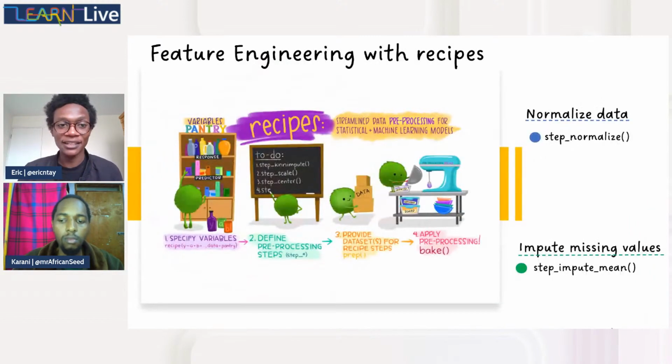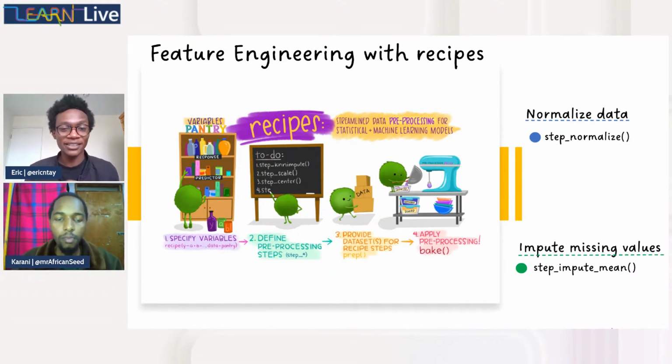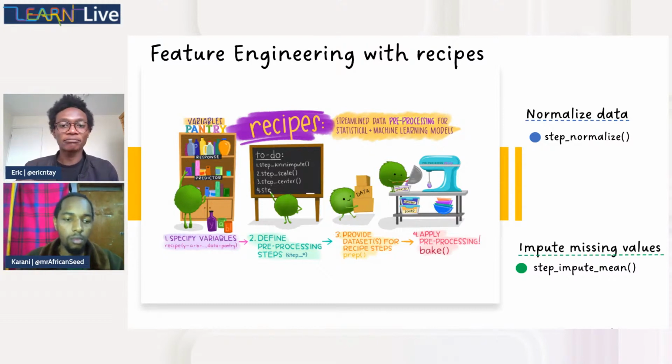So the first thing is to do feature engineering. Tidymodels provides you with a package called recipes for doing feature engineering. Feature engineering is basically where you are restructuring your variables such that a model can fit the data well. Some of these processes you use to modify your columns to make a model able to fit it well